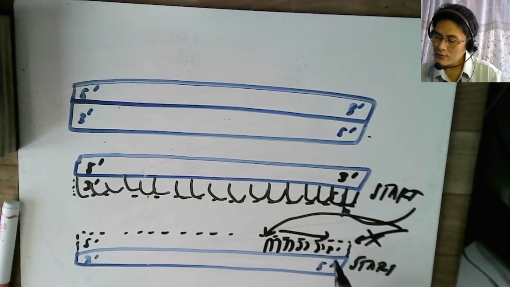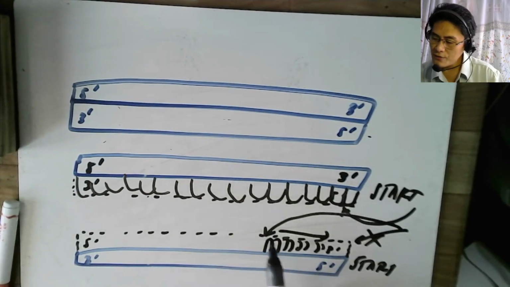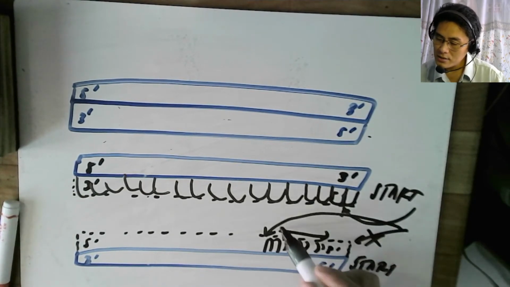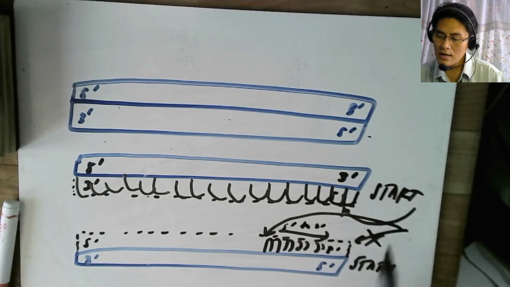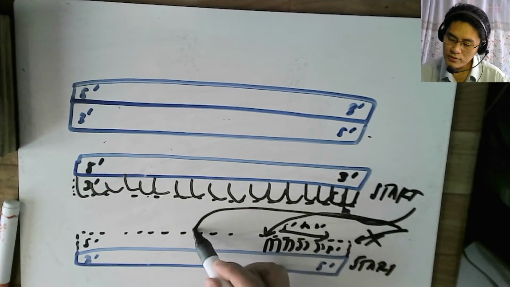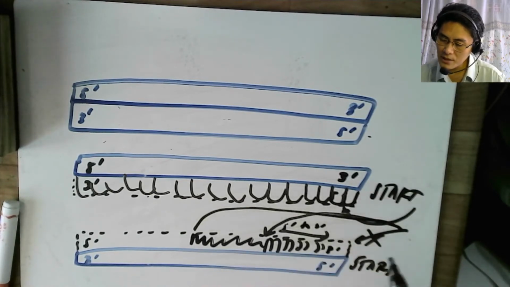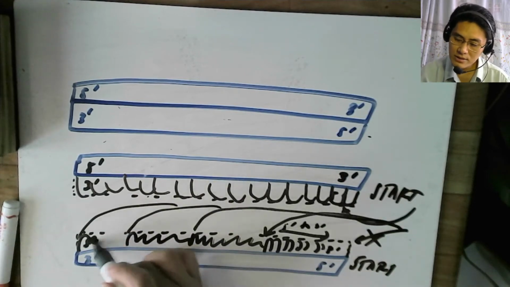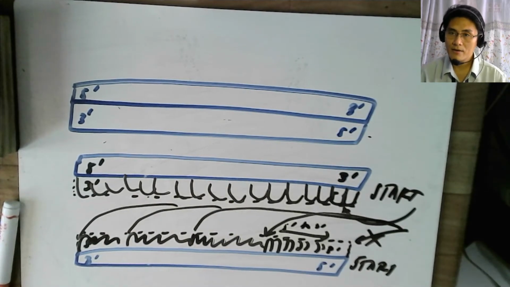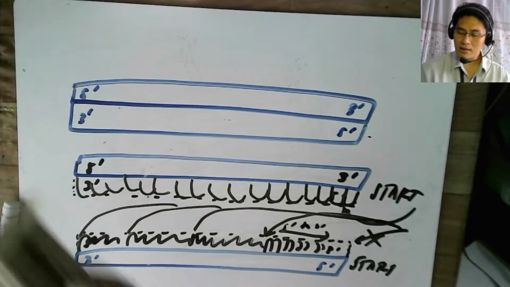Because if this is 3 prime to 5 prime from right to left, then if you go from left to right, which is backwards, this will be 5 prime to 3 prime. Right? And then once it does that, it moves to the next section, builds that fragment backwards, and then moves to the next section, builds that fragment backwards, moves to the next section, builds that fragment backwards. Okay? That's why it has fragments. But,